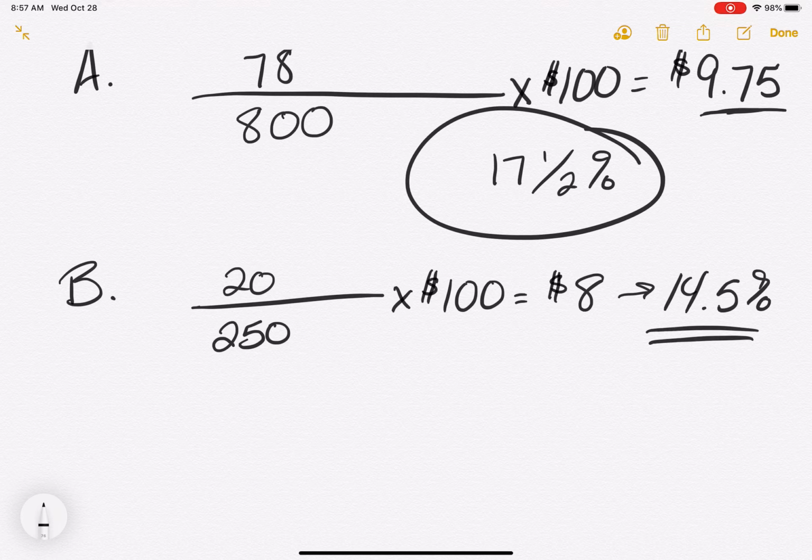Good. So in this one, they're asking the annual percentage rate and the finance charge per $100. So for every $100 that you borrow on a 14.5% loan, you'll pay $8. Okay. So let's go to,